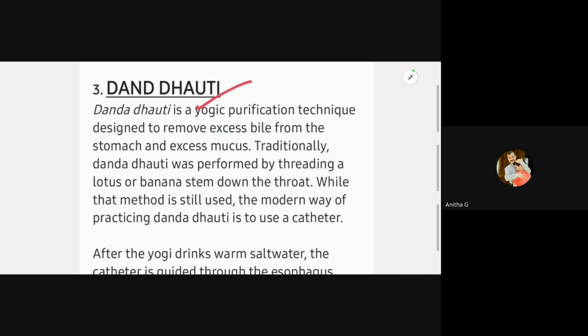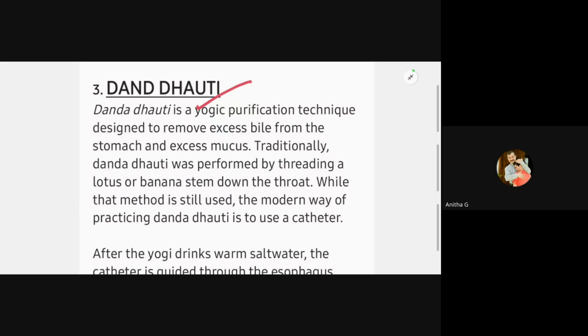If one asana is explained there, note how the technique is given, and if benefits are given, mention the benefits according to that Hatha Yoga text. You have to prepare the chart accordingly. But in practical yoga, they will ask what the benefits are and what contraindications we have to take into consideration. In practical yoga, the most important are the precautions and contraindications. Most important. Okay, now we start with the Danda Dhoti today.